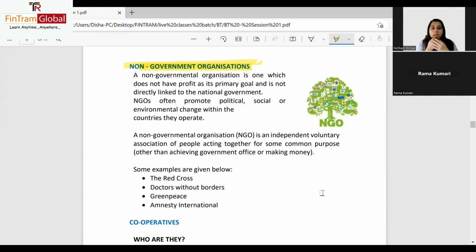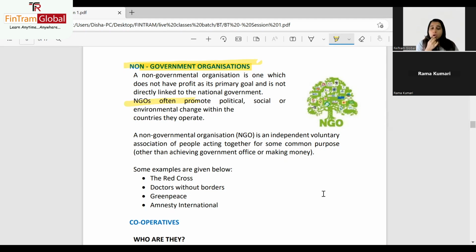I could open up an NGO relating to some environmental concern. There are NGOs that promote some political or social change within the countries that they are operating in, right? There are many NGOs who offer food to the poor. There are many NGOs who offer various amenities to the poor. There were so many NGOs who were active during COVID, when there were people who were not able to get food or have access to food. So there were NGOs helping there.